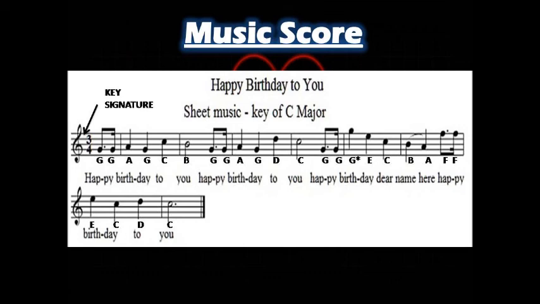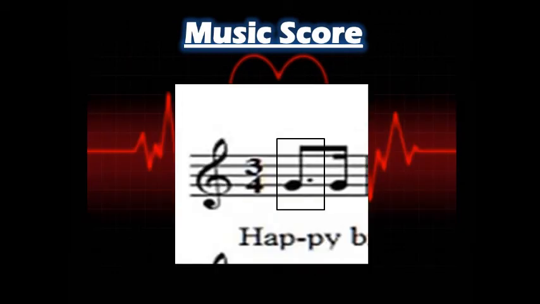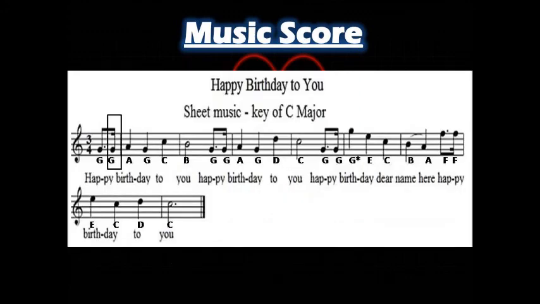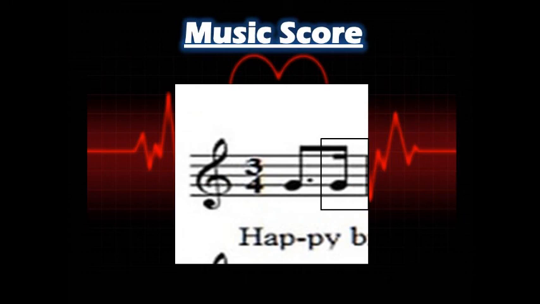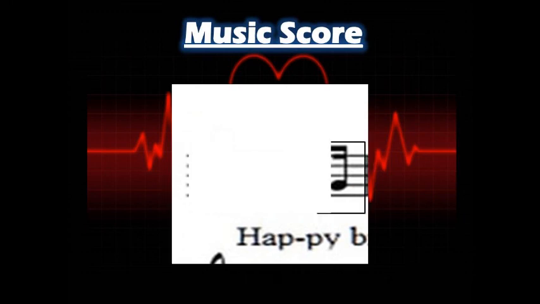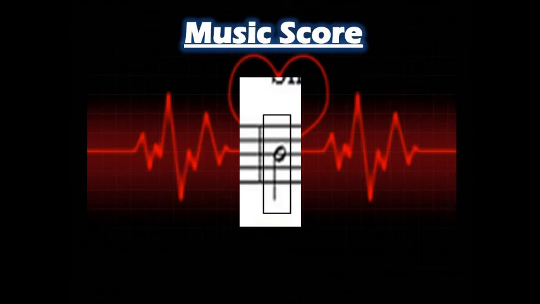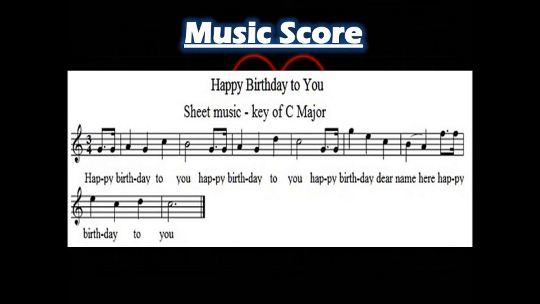Now let's identify the types of notes here. The first G note has a dot and has a hook, which represents a dotted quaver. Now you can see it better. Similarly, the next G is a semiquaver because it has 2 hooks but is not dotted, only a simple semiquaver. Then notes G and C are crotchets and note B is a minim. And all other notes are the same. Let's hear it for a good understanding.